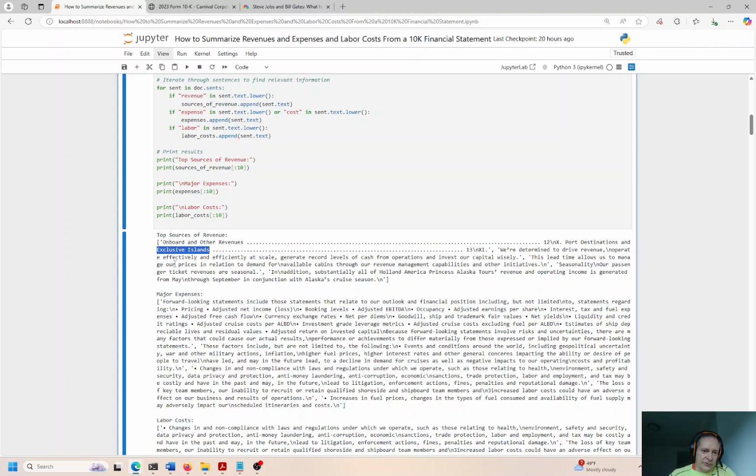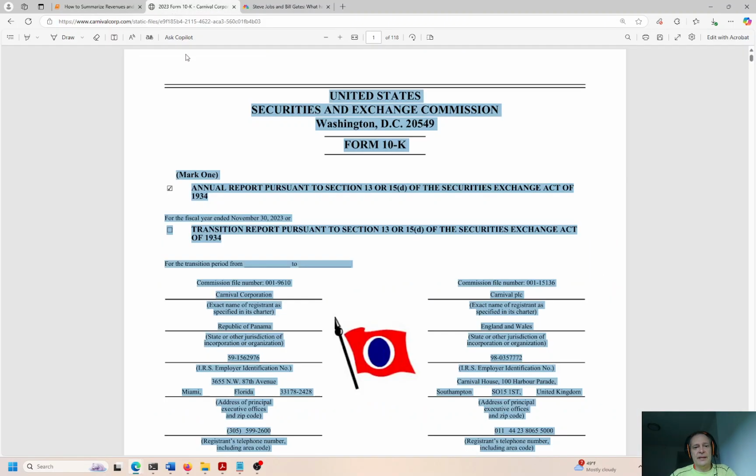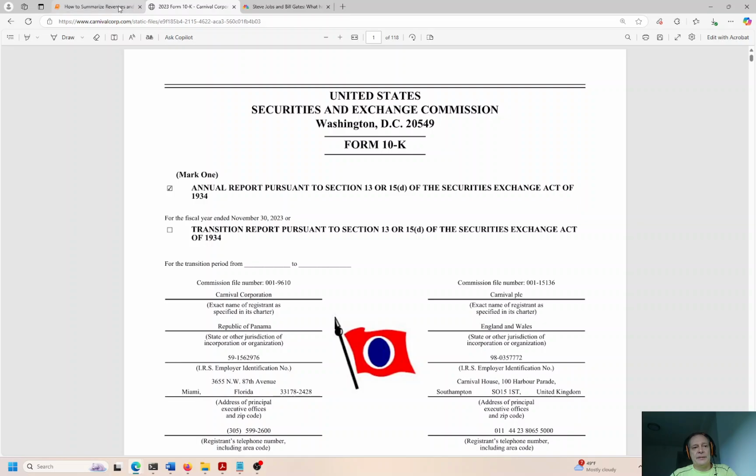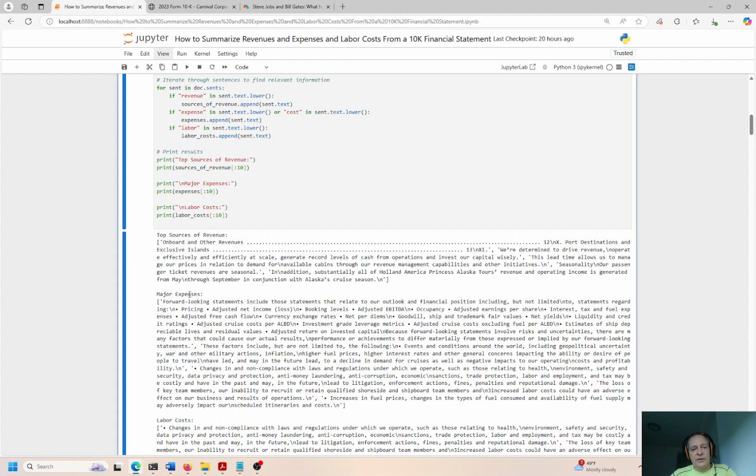So top sources of revenue, we see that summarized here. That's what I like about this code. It takes 118 pages from here and summarizes and distills that into just a couple buckets here. So major expenses. So here's the top sources of revenue, right? So we can see that